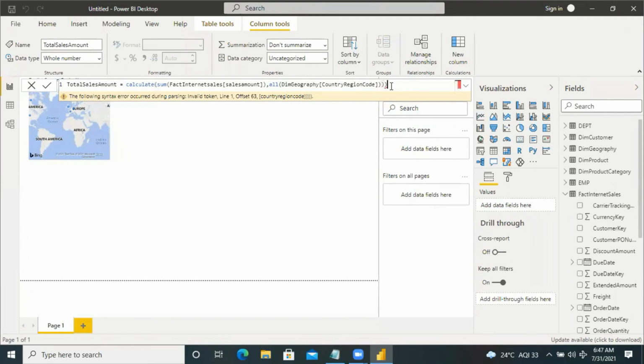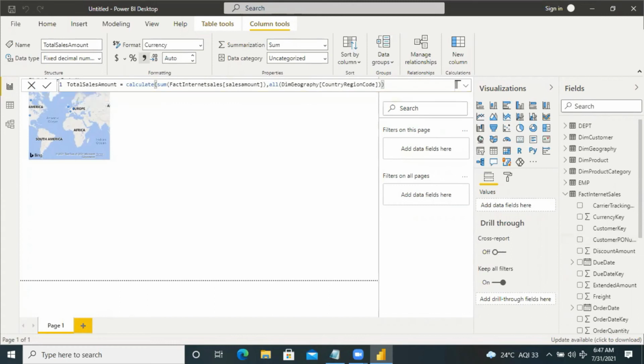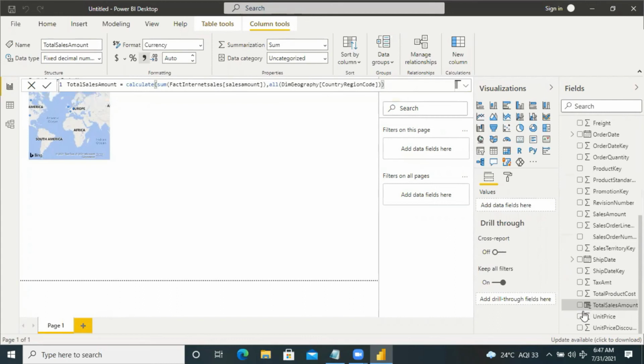Then one more closing bracket is not required. Yes, it was created successfully. The total sales amount column, friends, was created successfully.